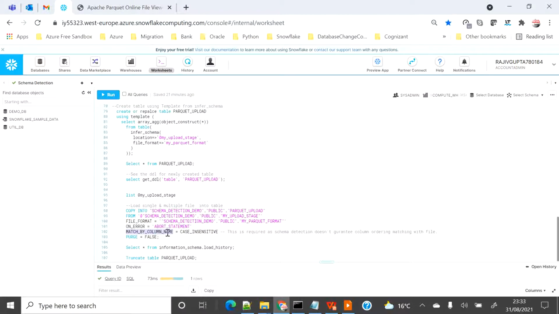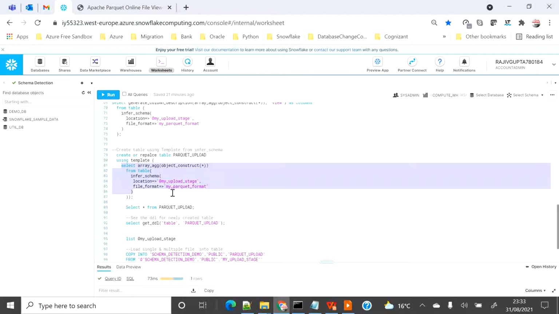Because when you read the data from the infer schema function, it doesn't guarantee that the returned column list is in the same sequence or order in which your flat file has the data. So basically, the reason is that you might upload a single flat file, or your stage might have multiple flat files, and because it's semi-structured data, one flat file might have 5 columns, another might have 10 columns, or the order of the columns in the same file might be different, right?